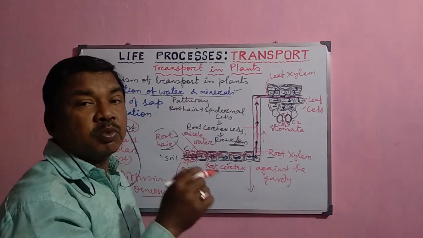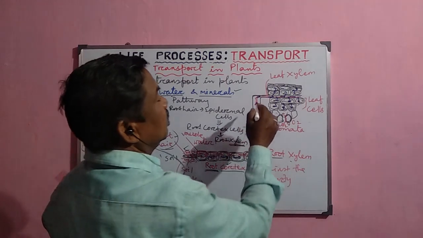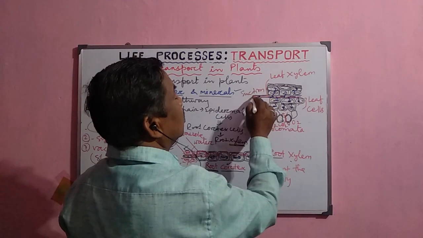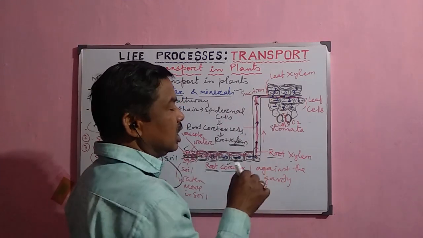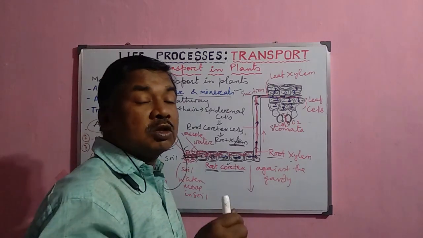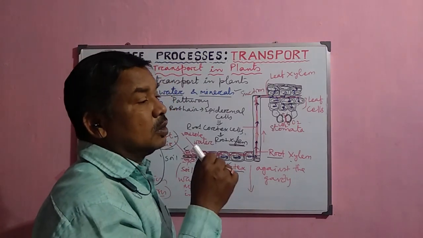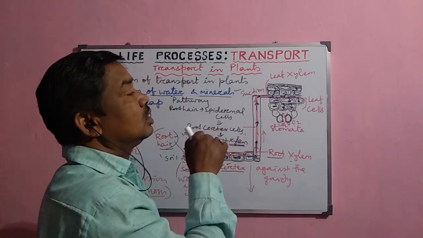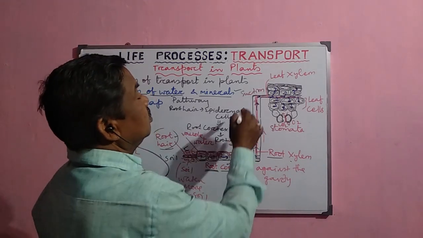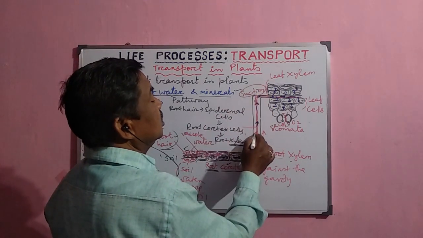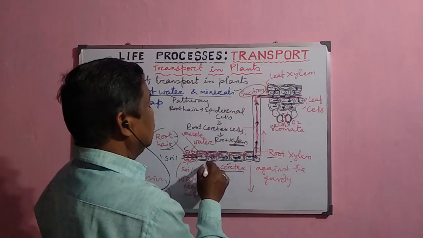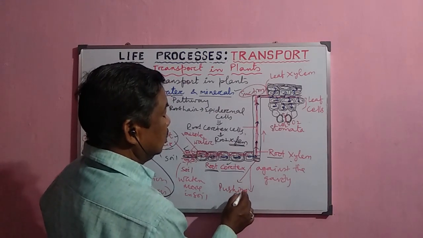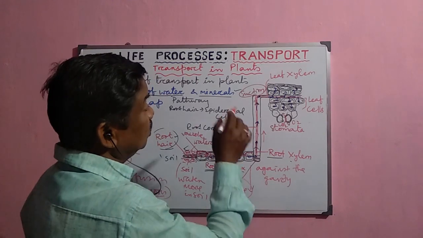There must be some sort of force or pressure, either pressure from the upper side, which is called suction pressure, when the pressure comes from the upper side to suck the water upward, like a straw. If you drink a cold drink from a bottle with a straw, when you suck, the cold drink goes to your mouth. Like that, it may be suction pressure which drags the water in this direction, or in the root there may be pushing pressure. So which type of pressure is actually present here?